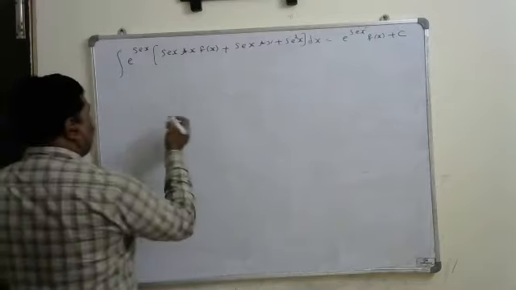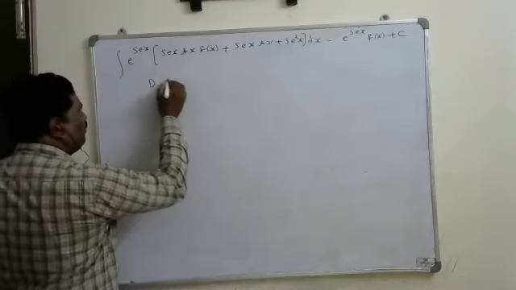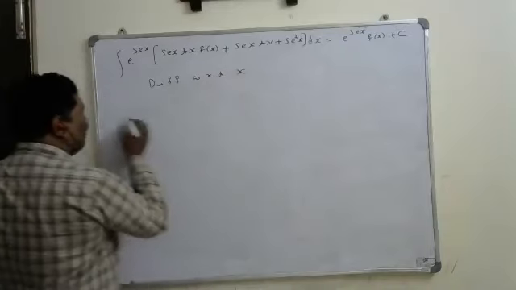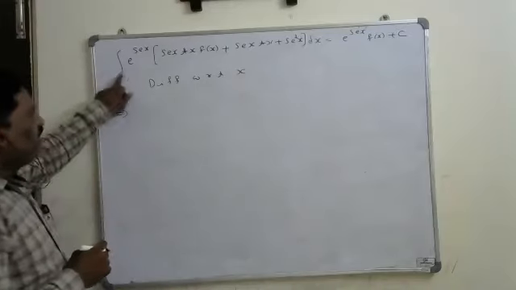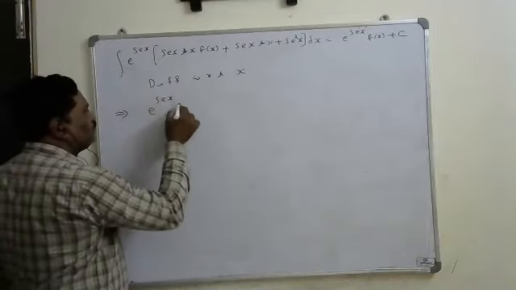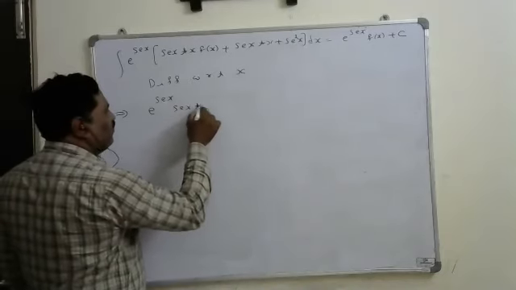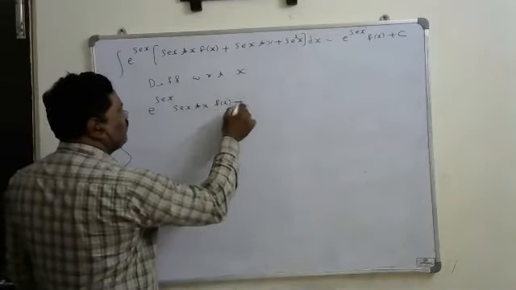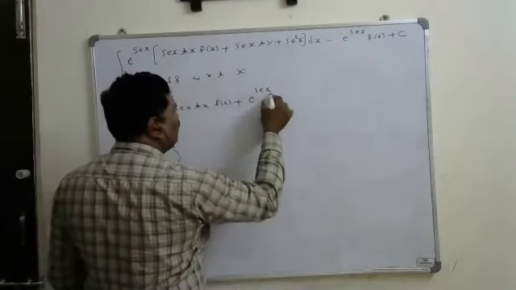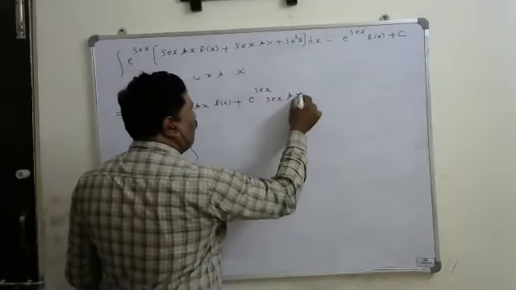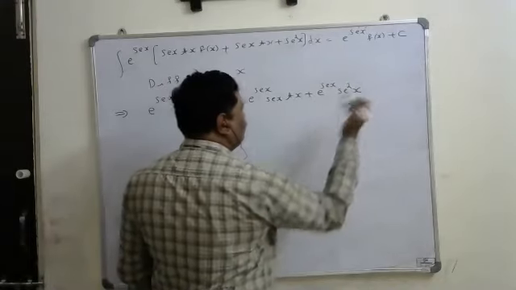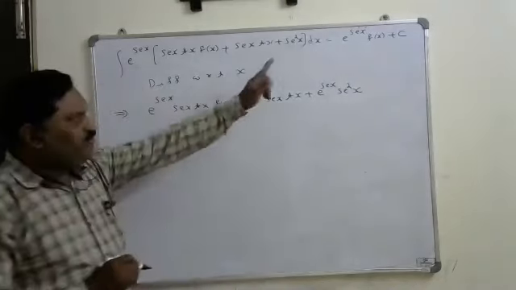Just observe this. For finding that, what we will do is differentiate with respect to x on both sides. If you differentiate it, then derivative and integration get cancelled. Remaining is e power secant x into secant x tan x into f of x plus, so multiply all these terms by the e power secant x. So it is e power secant x into tan x plus e power secant x into secant square x, is equal to